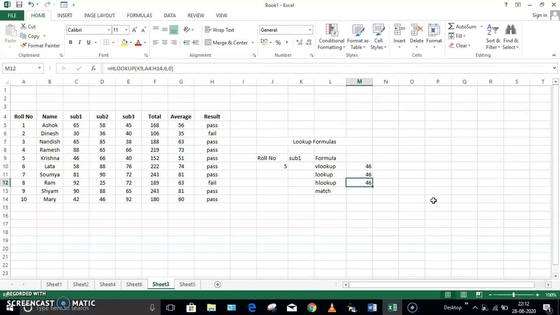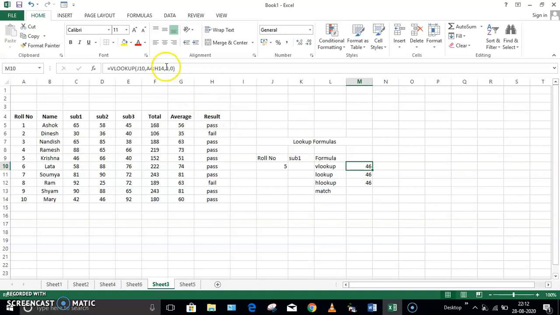Okay, so now what exactly is the difference between lookup and VLOOKUP? Okay, if we want to search, go to VLOOKUP. Here you can check if I wanted to search some other value, for example subject 2 value.